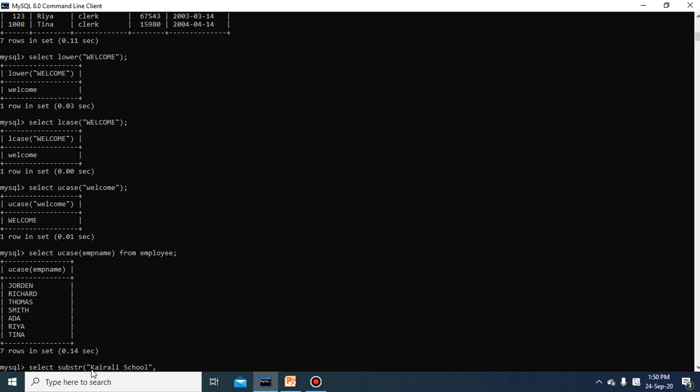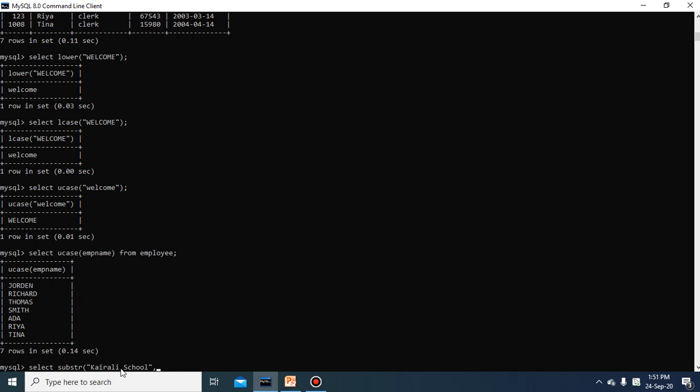For this you have to remember that every string in MySQL has index numbers, and each string's index number starts with 1. So in Kerala school, K is 1, E is 2, R is 3, A is 4, L is 5, A is 6, and then 7.